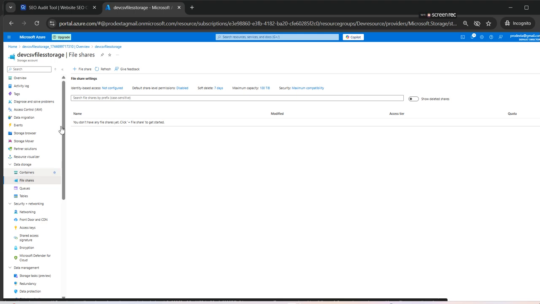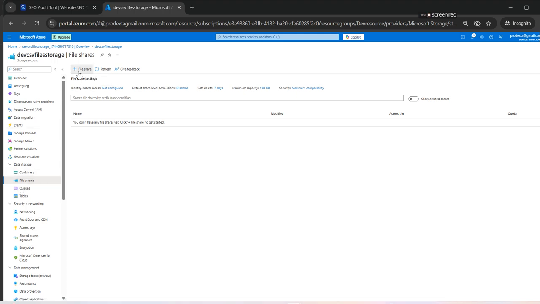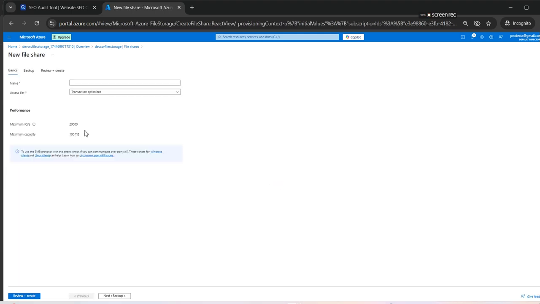So basically, you can create a file share here, and then you can mount this onto a business laptop or different desktop machines, right? Whatever files the user is storing on that file share which is present on their local, these files will be available here. So if I just create a file share called test file share,